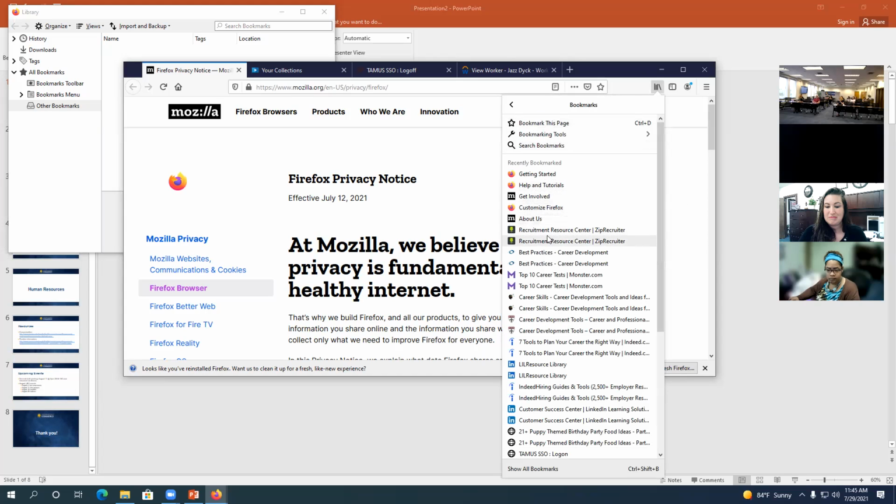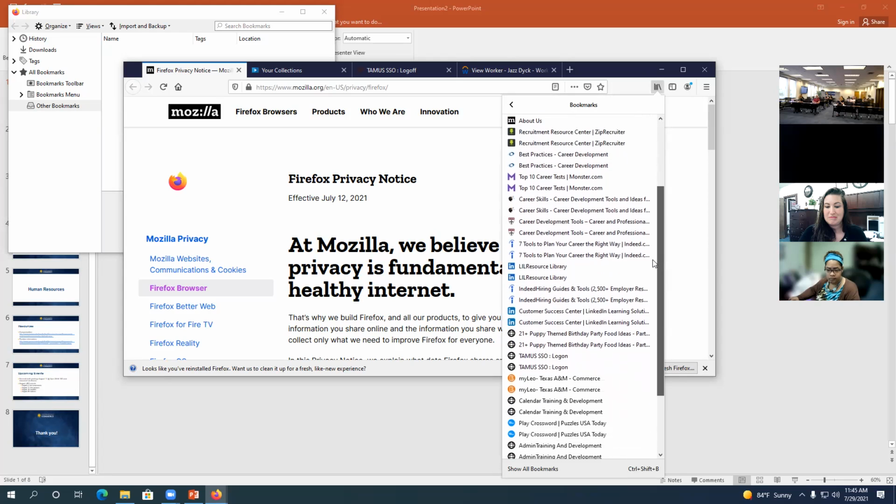So you can see the Recruitment Resource Center at ZipRecruiter. I don't know why I put it in twice. Monster has some career tests. All of these are free tools and ideas from Mind Tools. Love that site. Indeed, of course. LinkedIn Learning has a resource library, so you go to your profile page for that and look under resources to find those. There's just a lot out there. Indeed, of course, has a whole bunch. So between LinkedIn Learning, between these resources, and then of course your Workday profile,